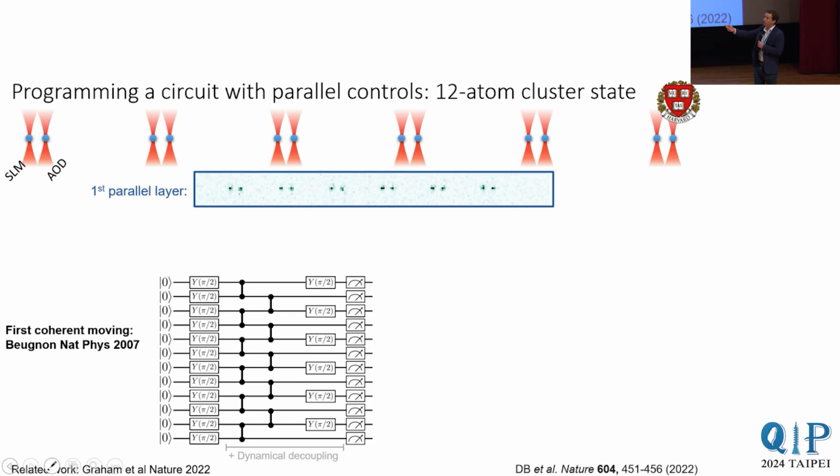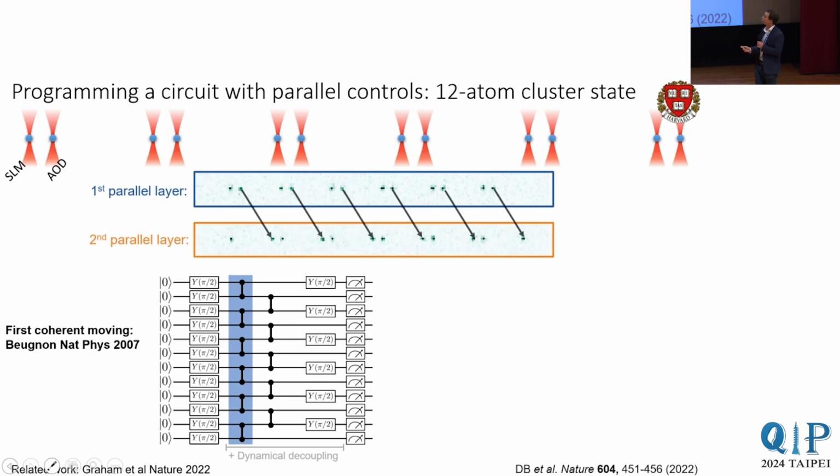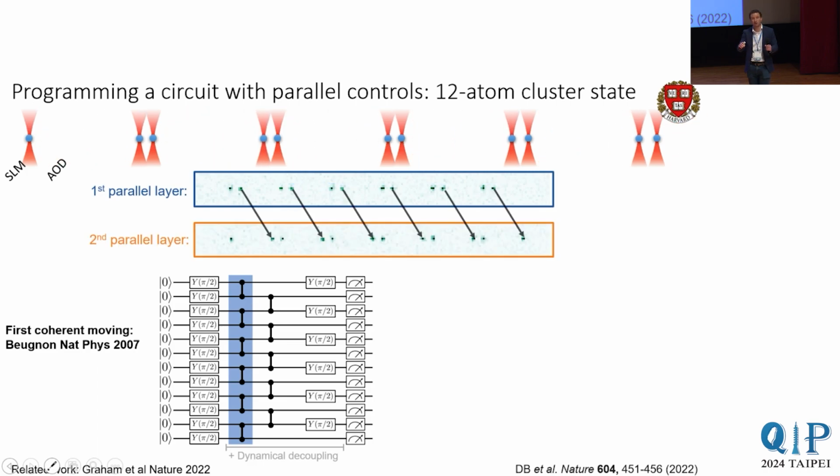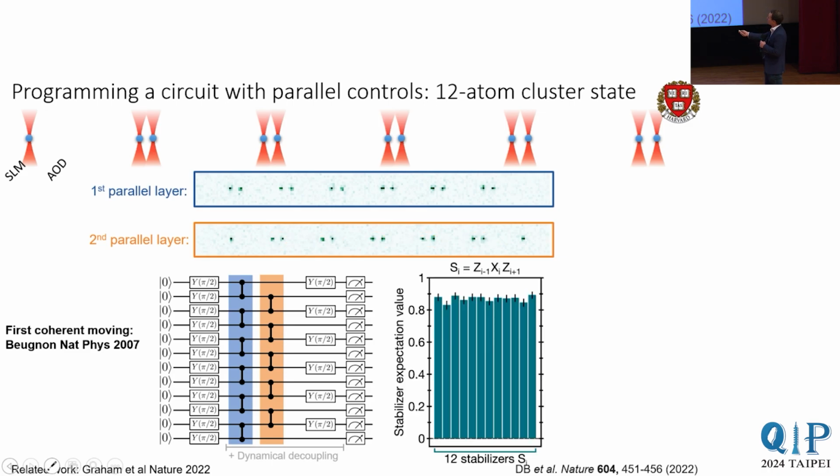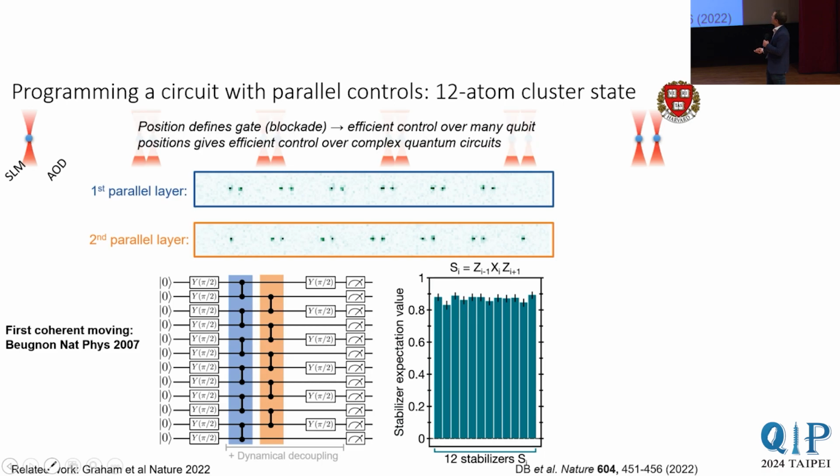And here we have our two optical tweezer tools that we like, an SLM and an AOD. And what we do is we do one global pulse of our entangling laser. This entangles atoms on these first pairs. Then we just move half of the atoms in parallel. We do this by updating one voltage waveform that controls the x positions of all of these AOD atoms, pulse this global laser again, and just in these two steps, we make a 1D cluster state. And then we can probe this 1D cluster state by looking at these three-body stabilizers, the ZXZ stabilizers, and benchmark successful creation of the state here.